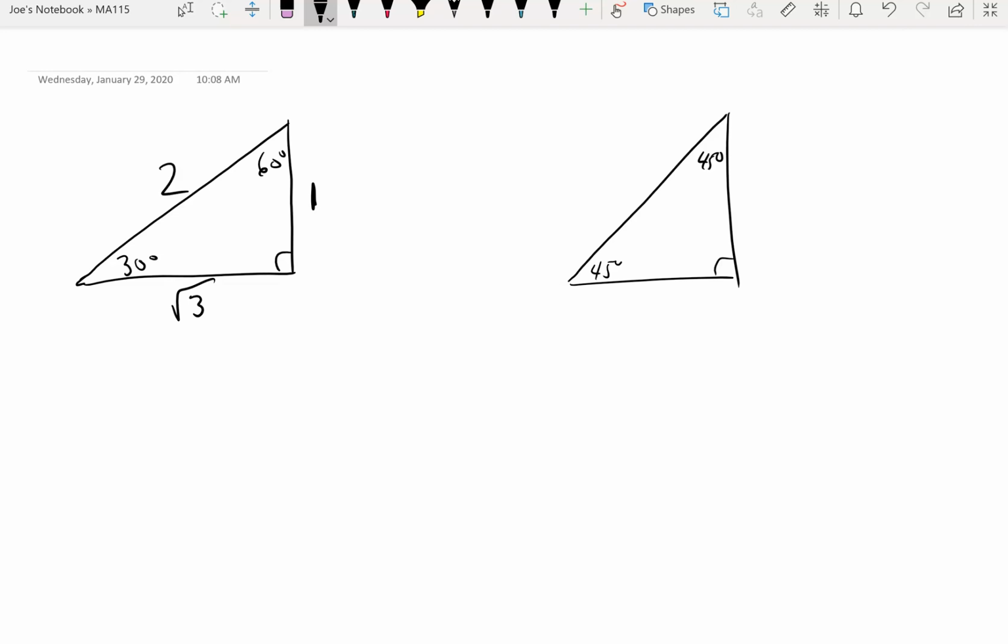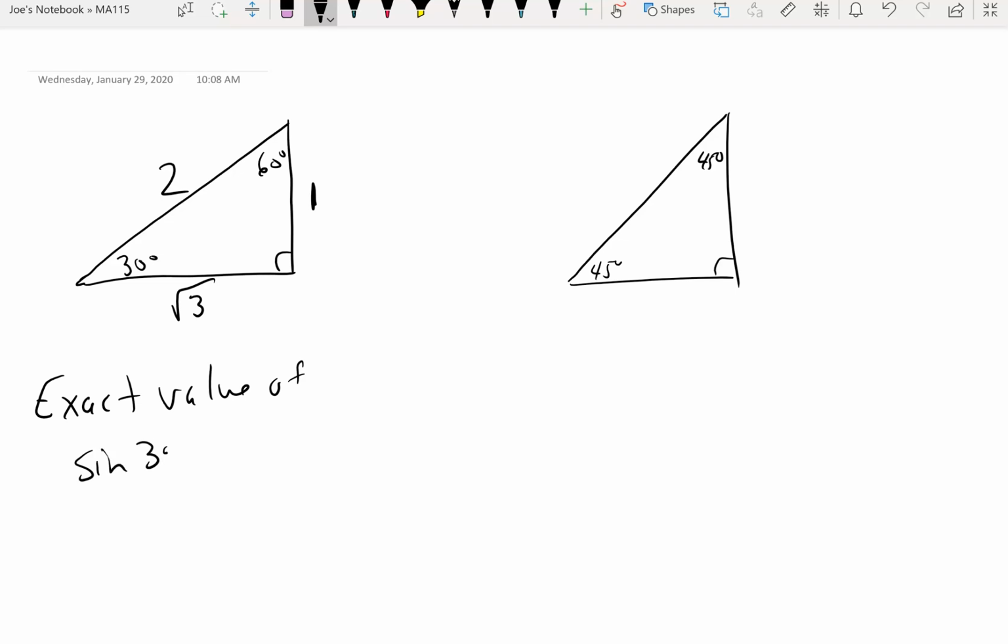Good. So some of the language they use in geometry: for a 30, 60, 90 triangle, this one's typically called the short leg. This one's called the long leg. Okay? So your hypotenuse is twice the length of your shorter leg. The longer leg is square root of 3 times the shorter leg. But how can we use this now to get what we refer to as the exact values of these trig functions? So for example, if I asked you for the exact value